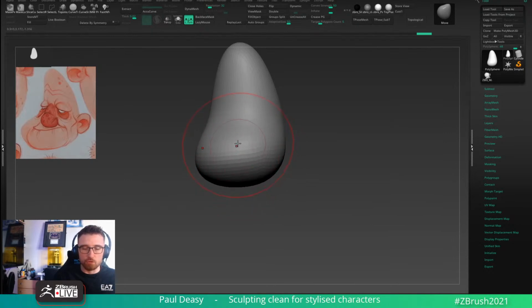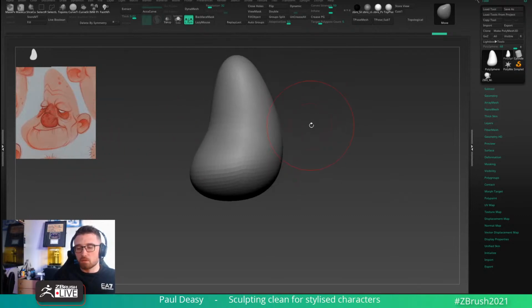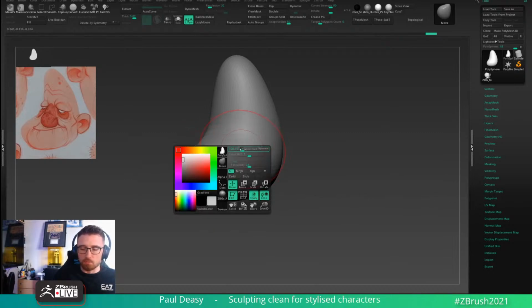Which is why it can be great to do something even more stylized than this, even more graphical than this design, because it pushes you out of that and gives you some practice. But in terms of workflow, sometimes I guess so, but I don't think I worry about that too much now,